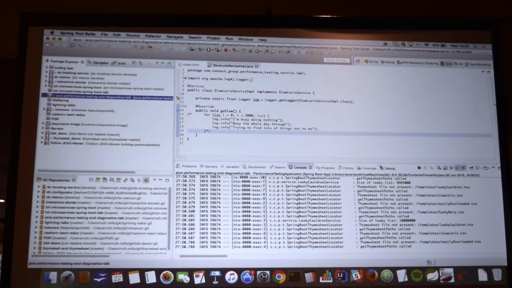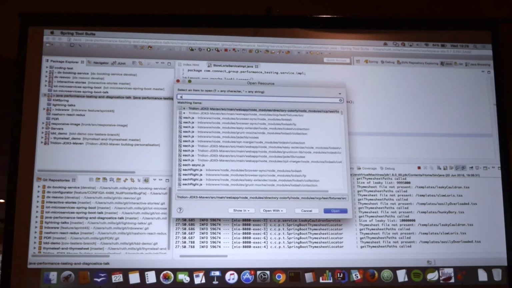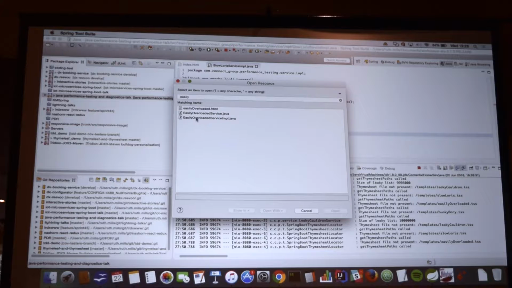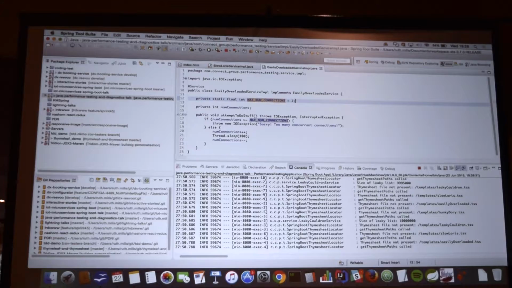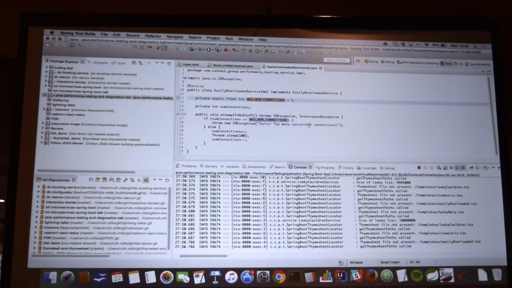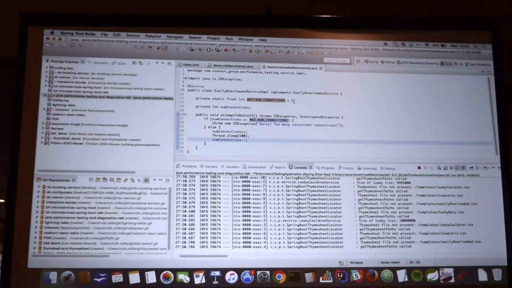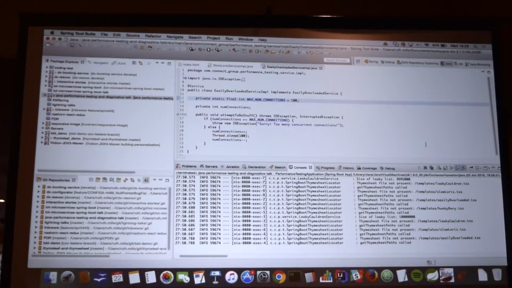And I'm going to bring up the code for that easily overloaded service. So as you can see, it's got maximum number of connections defined as 1, and then if it's got more than 1 connection, it will throw an exception saying, sorry, too many concurrent connections. And then otherwise it increases the connections. It sleeps for 100 milliseconds to simulate waiting for something to come back from the database, and then it reduces the number of connections. So if I then go and make that, say, 100 and restart the app,